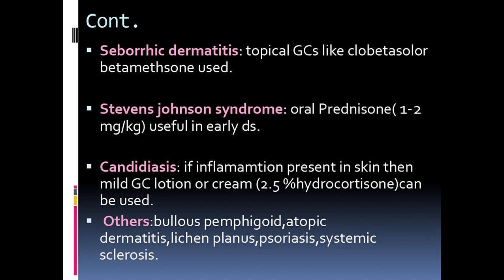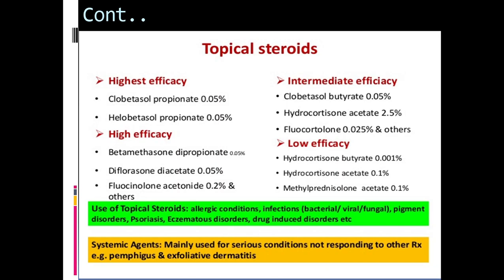Then other uses of glucocorticoids in skin disorders like bullous pemphigoid, atopic dermatitis, lichen planus, psoriasis, systemic sclerosis. Then coming to topical steroids. Topical steroids are classified into highest efficacy, like clobetasol propionate 0.05%, halobetasol propionate 0.05%. Then high efficacy, betamethasone dipropionate 0.05%,